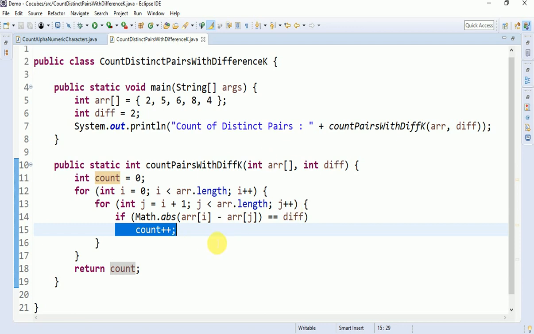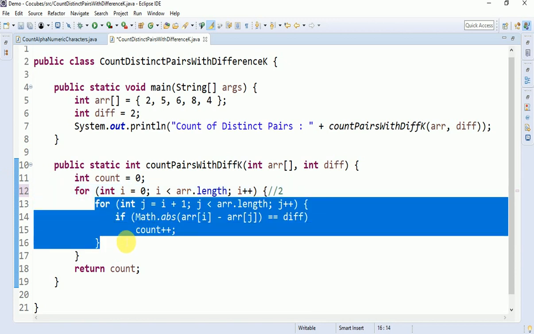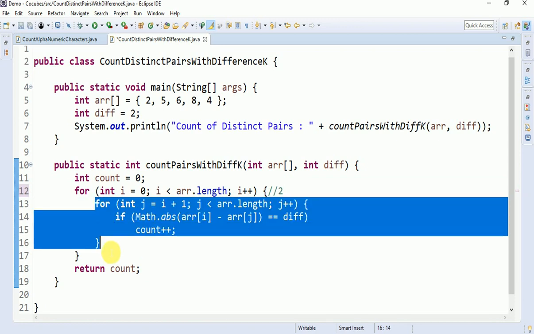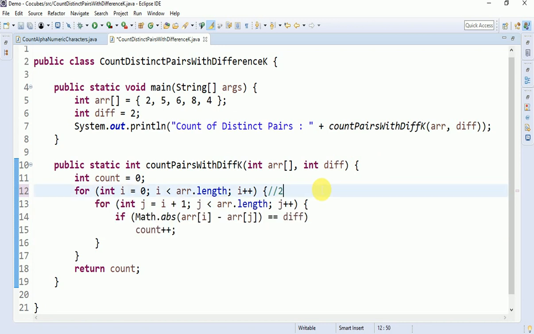So similarly the inner for loop iterates. Imagine the index I element is 2, right? So it compares with the rest of the 4 elements. So whenever it finds a match, the count would be incremented, and once it is finished, again the index will change to 1, nothing but it is pointing to the 5 element, and compares with the rest of the 3. 5 is compared with 6, 8, 4.